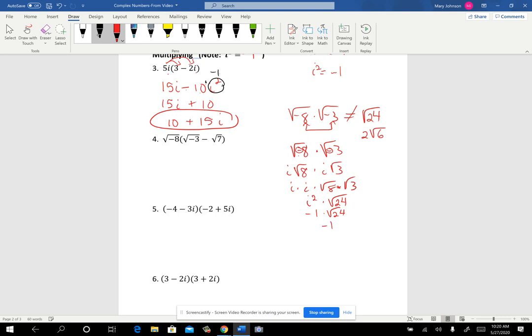And so you'd wind up having negative 1, and then square root of 24 would be 2 square root of 6. So that's negative 2 square root of 6, not positive 2 square root of 6. Do you see that? Okay. So let's go ahead then and work through this problem